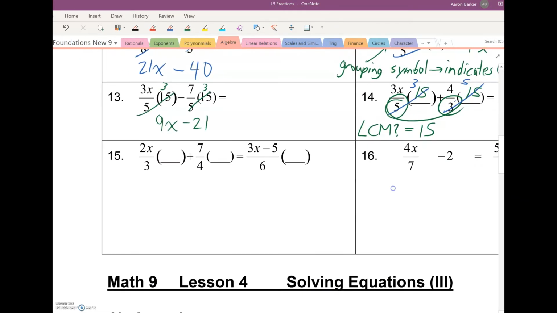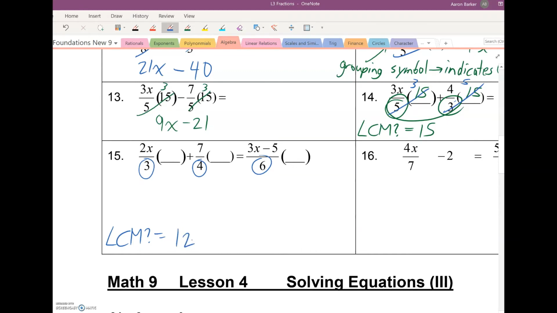Okay, next question. Now we have denominators 3, 4, and 6. What is the LCM? Well, 3, 4, and 6. Some would say 24. And you know what? That is a common multiple, and it would totally work. You will not get the wrong answer. But it's not the lowest. So you're going to just be dealing with larger numbers. It'd still get your correct answer, though. But